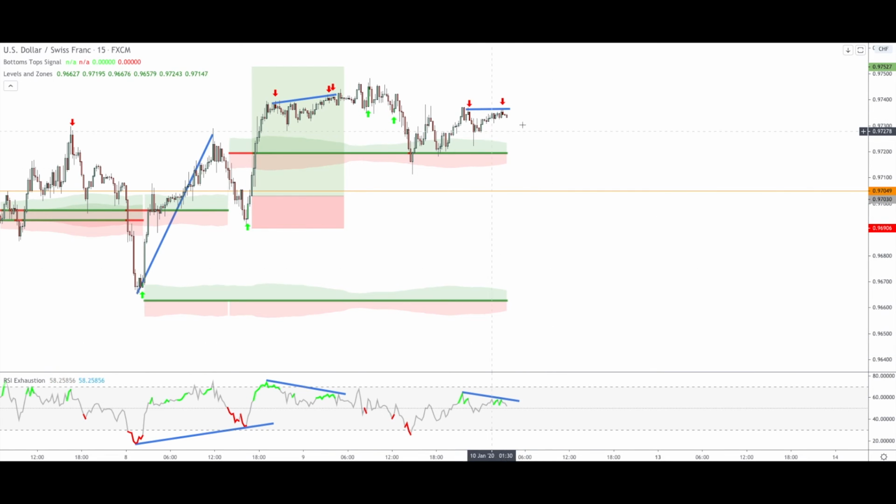However, this is weaker than the previous one, because if you see the previous one, we had the price moving higher. Instead here the price is moving sideways, and previously we had the RSI which was overbought here and higher here. In this case, instead, the RSI is not even overbought here, and it is lower here. So it is still a bearish setup, so the price might come back down again another time,